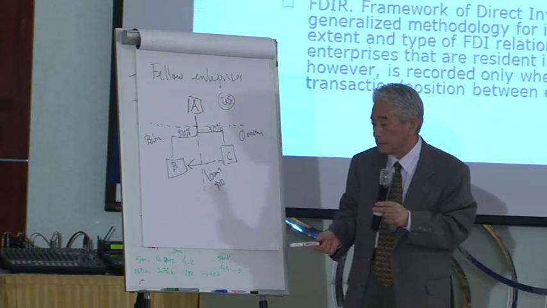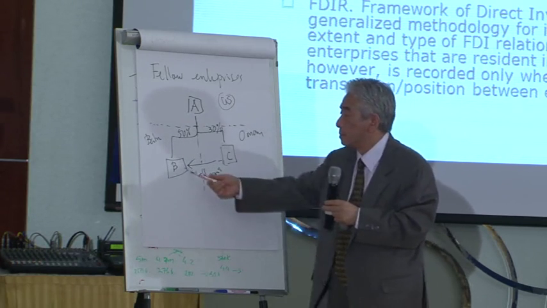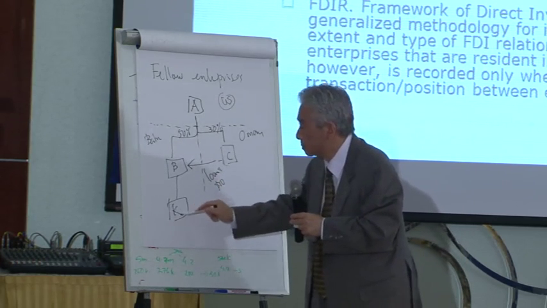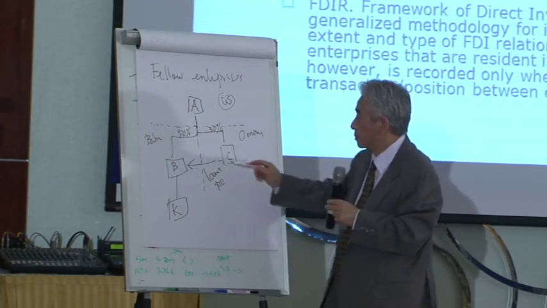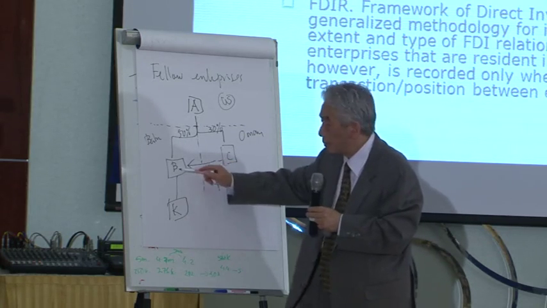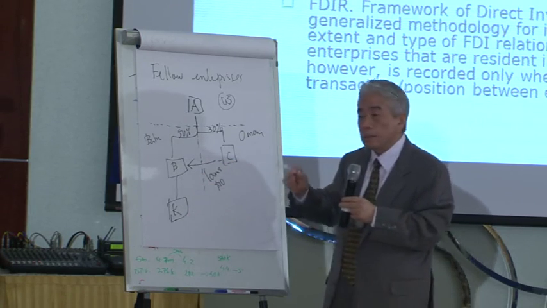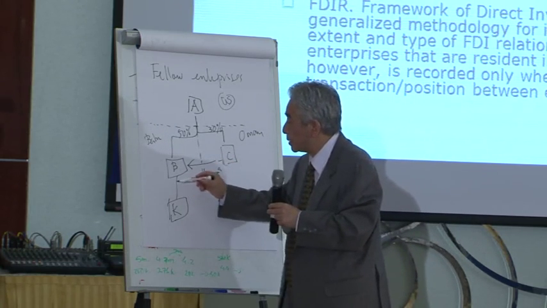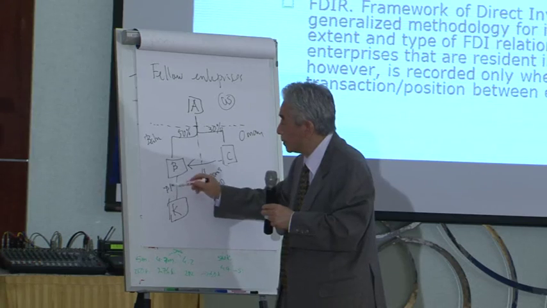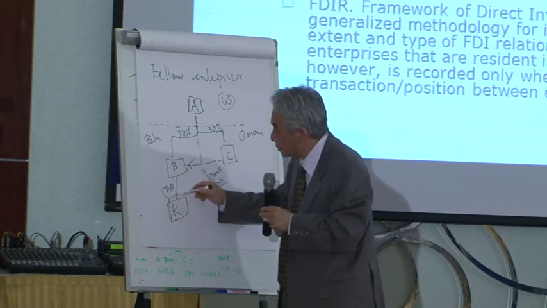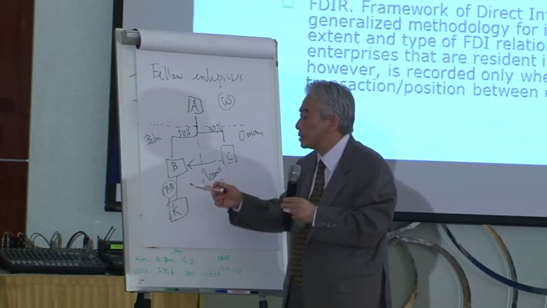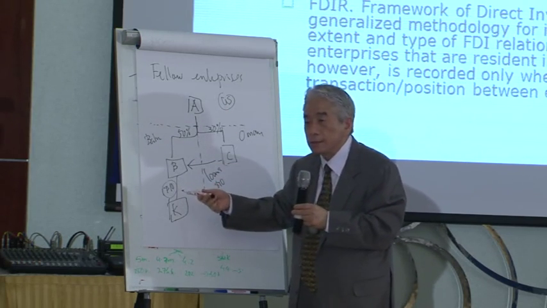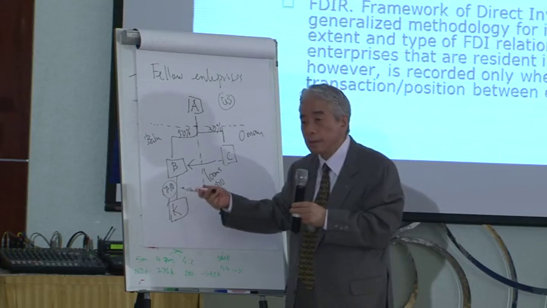Suppose the company B owns another one in Bahrain, or K. Any transaction between these two are not included. Between B and K, for example, B gives loans to K, like $10 million. In this case, of course, if the 10 doesn't come from here and is locally secured, locally raised, B